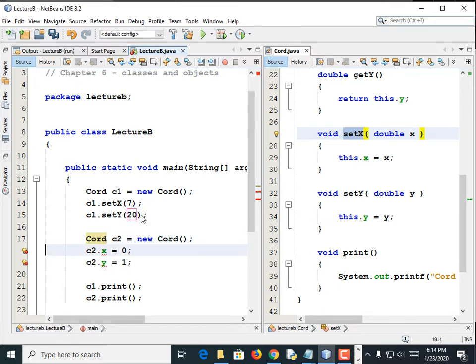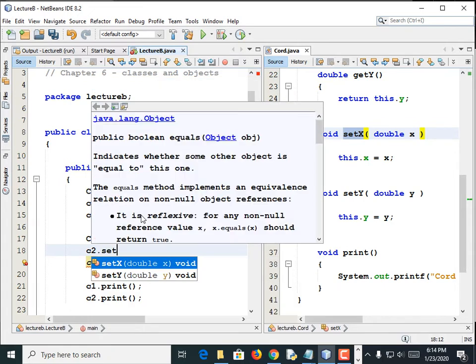And then fix these 2 calls as well. So that's an x and a y, right? So this needs to be